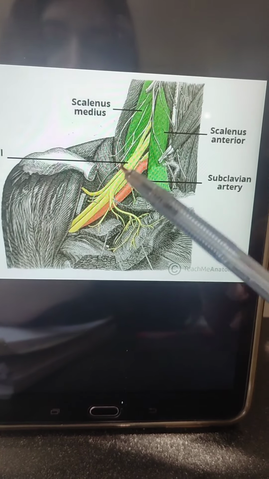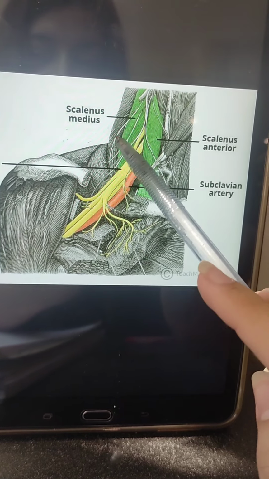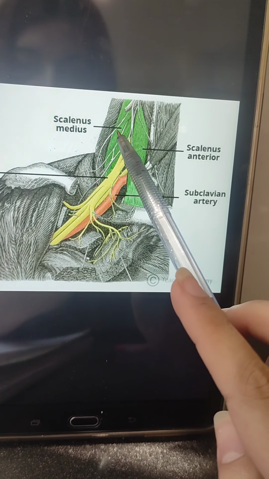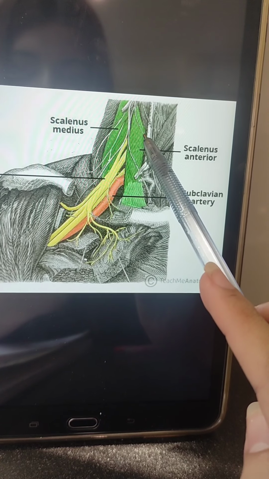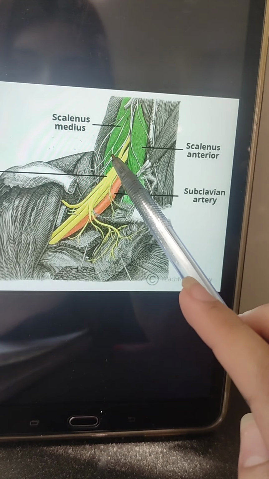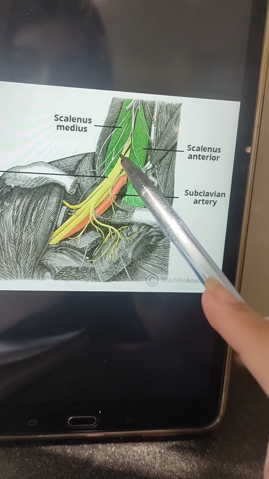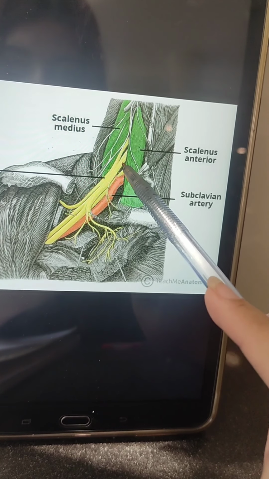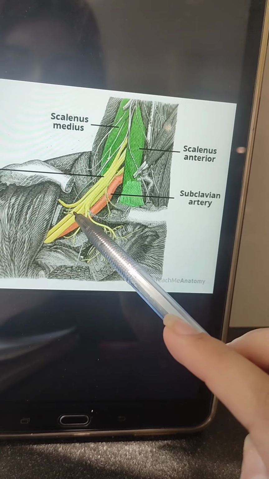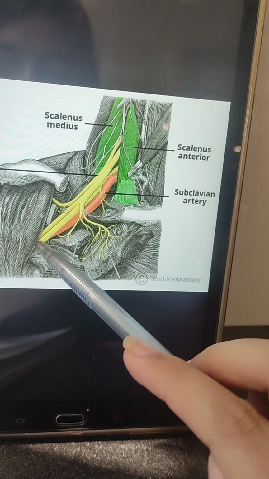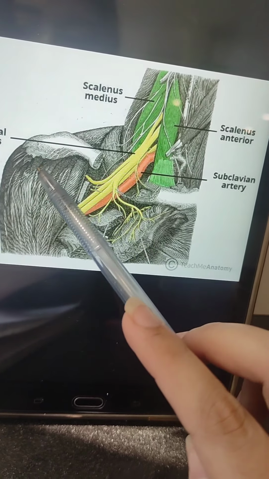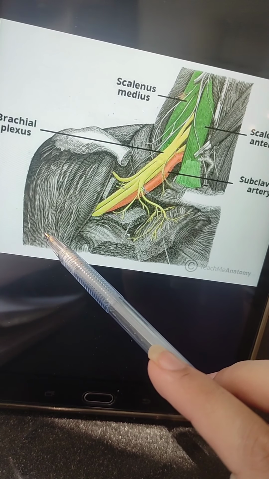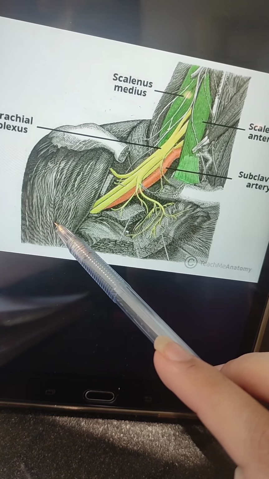You can see here, this is the neck area and this is the posterior triangle of the neck. After dissecting these two scalene muscles which are present in the neck on the posterolateral side, we can say the brachial plexus starts. So it starts at the root of the neck and from here it goes downwards, passing through the axilla, and from the axilla it runs along the whole upper limb. So I think the location part is clear to all of you.